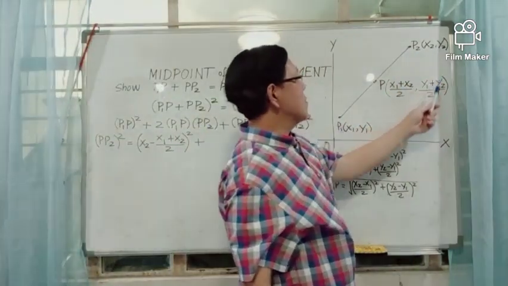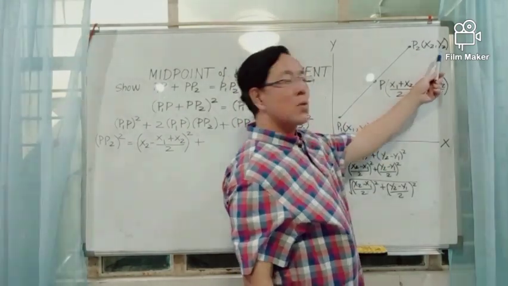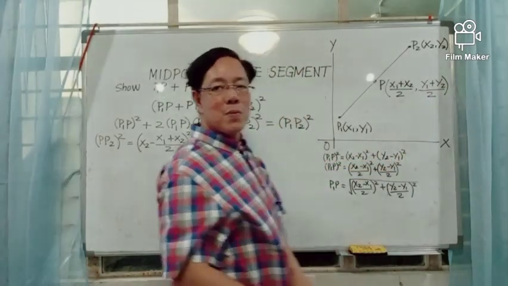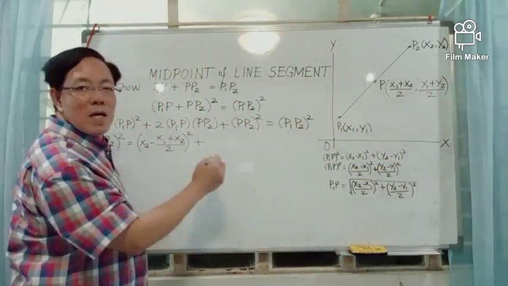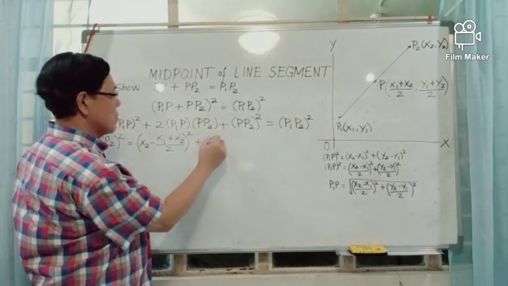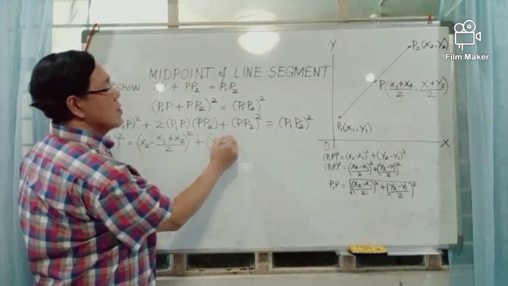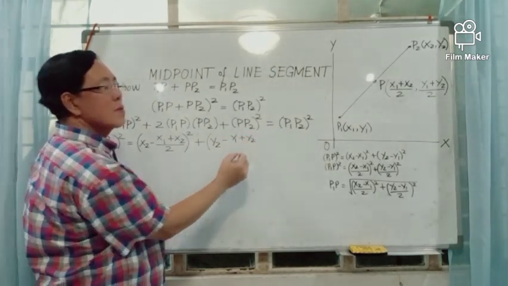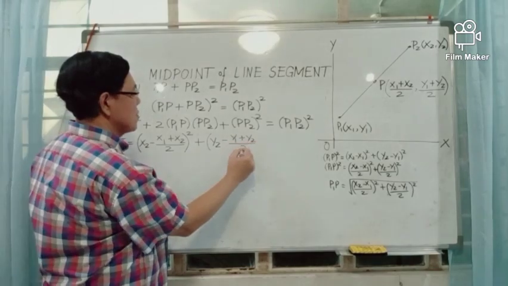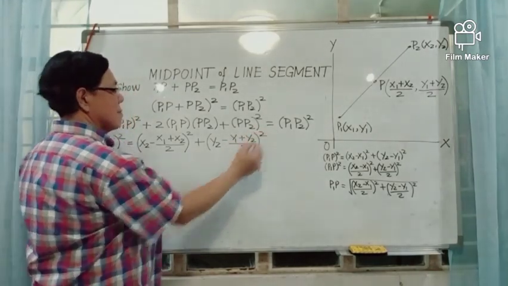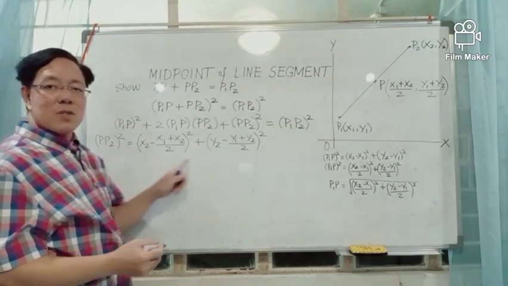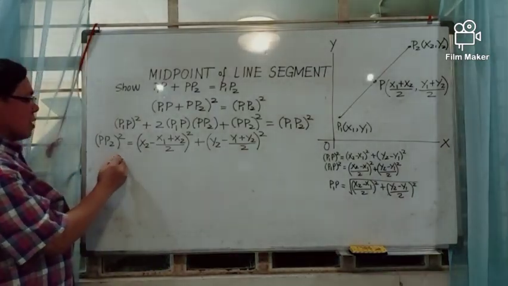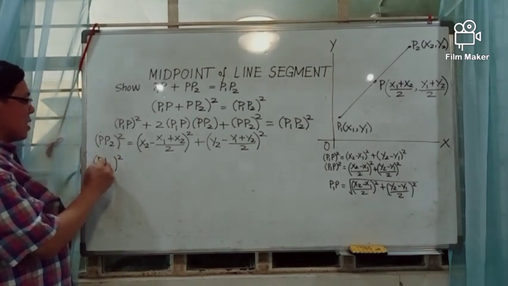Ordinates of P2 and P: y2 minus y1 plus y2 all over 2, squared. We have y2 minus y1 plus y2 all over 2 squared. And we simplify each term at the right hand side. We have the square of the distance between P and P2